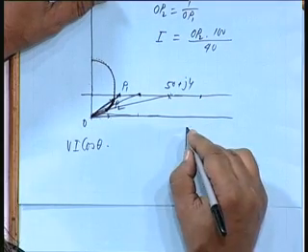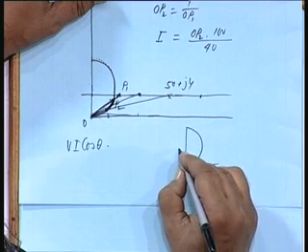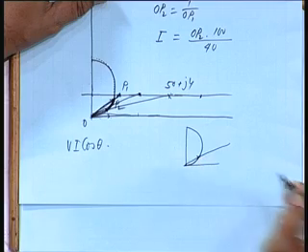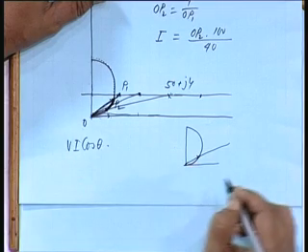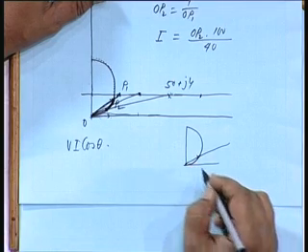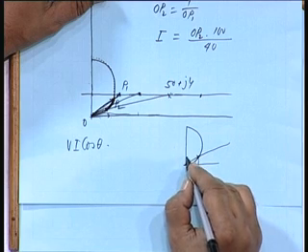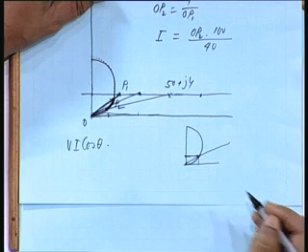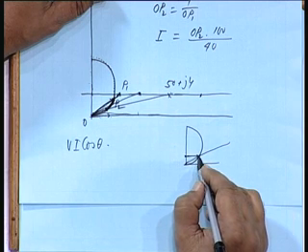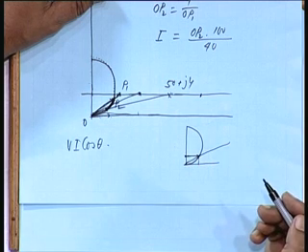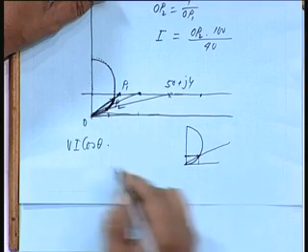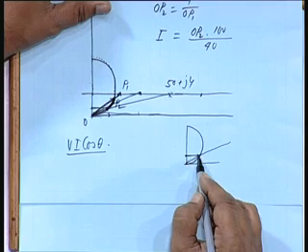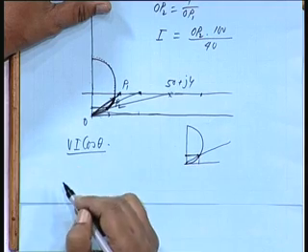Yes, this is our semicircle. Suppose for any position this is the current, then what is I cos theta? This one, is it not? So, the measure of this distance multiplied by voltage 100, is it all right? So, V I cos theta will be the horizontal segment of that point on the semicircle multiplied by V 100,